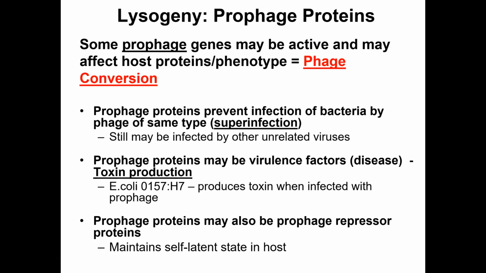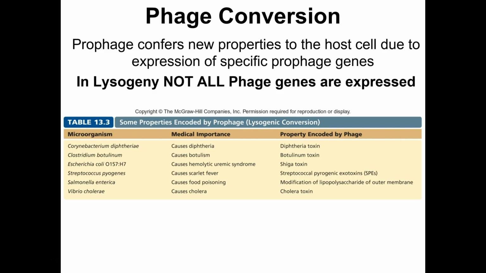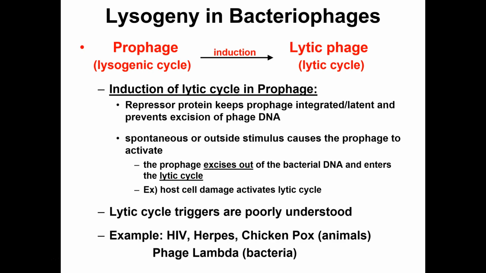And then the third example, the prophages will produce proteins that maintain their self-latent state. Why is that phage conversion? Because sometimes they require the assistance of the host cell to do this. So sometimes the host has to help to repress the viral genes. Okay, so that's phage conversion, right? The prophage will produce proteins that alter the host behavior. And we'll do this one real quick and I'll be quiet because that will be a good stopping point.